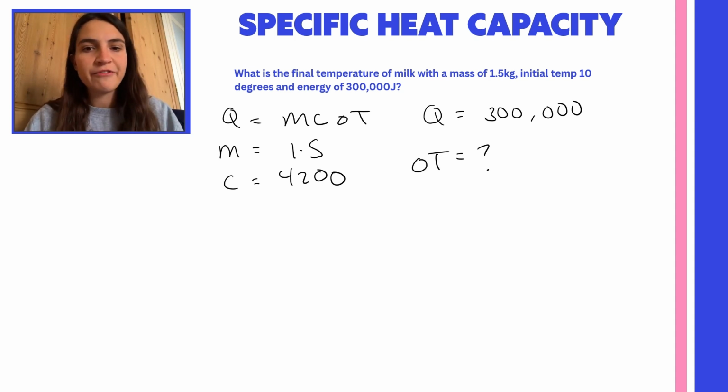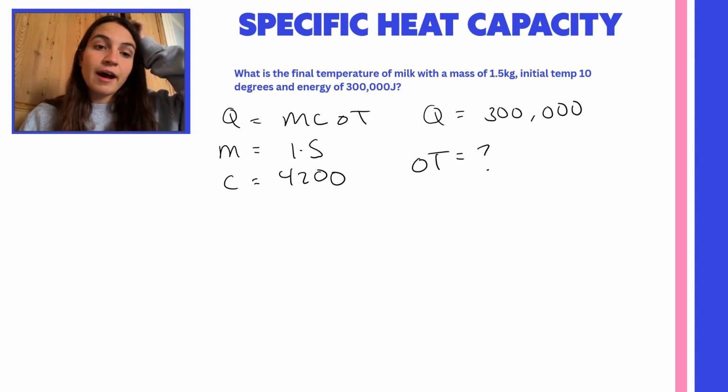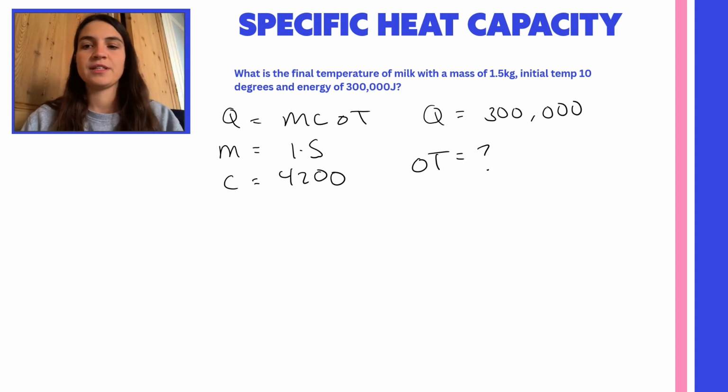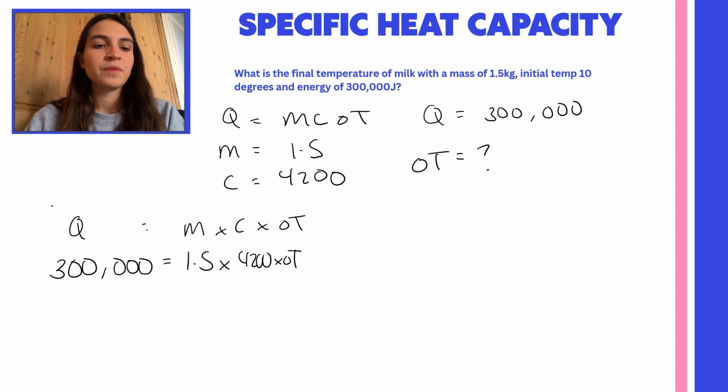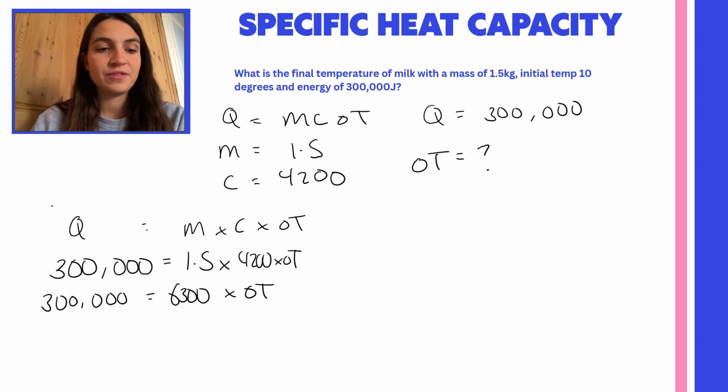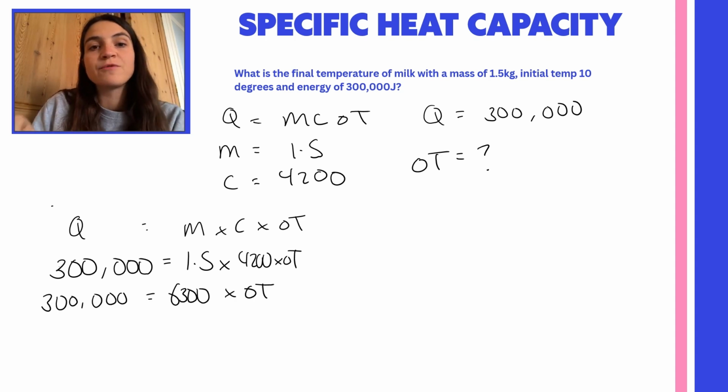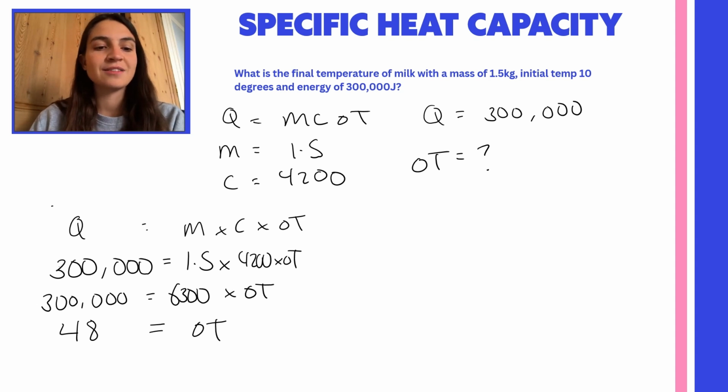joules. I'm trying to find first my change in temperature, and then I can use that to find my final temperature. So let's do that bit first. Let's plug everything into my equation. Q is MC delta T, 300,000 is 1.5 times 4,200 times change in T. Now I'm going to simplify that right hand side, so I'm just going to leave 300,000 equals 1.5 times 4,200, which is 6,300 times delta T. Now I'm going to divide both sides by 6,300, so 300,000 divided by 6,300 gives me 48, and that is